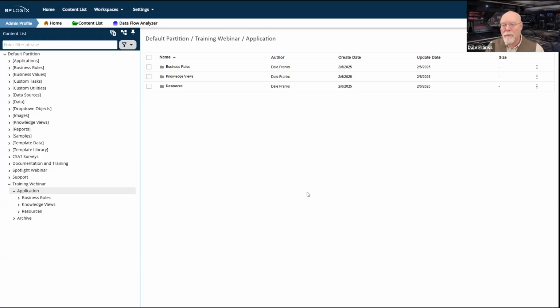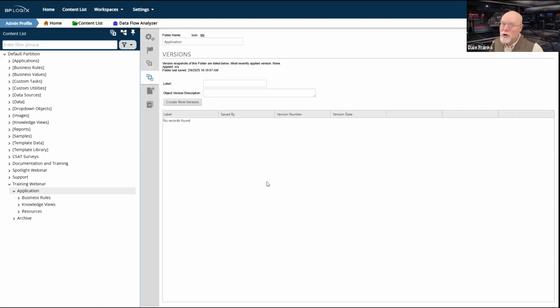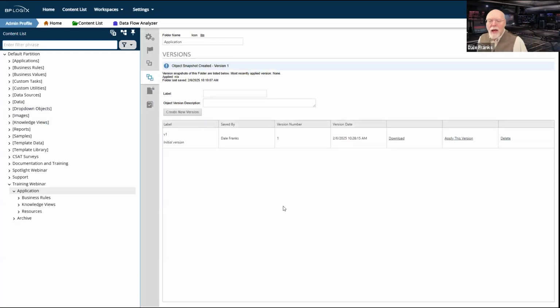The other cool thing about creating everything in a single parent folder whenever you create an application is that if I go to the properties of that folder, and then I go down to versions, I can version the entire application all at one time. Because if I version the folder, so we'll just call this V1, and this is my initial version of the app, even though I don't actually have an app or a form or a timeline. That's fine. I can create a new version, and now I have version 1, V1.